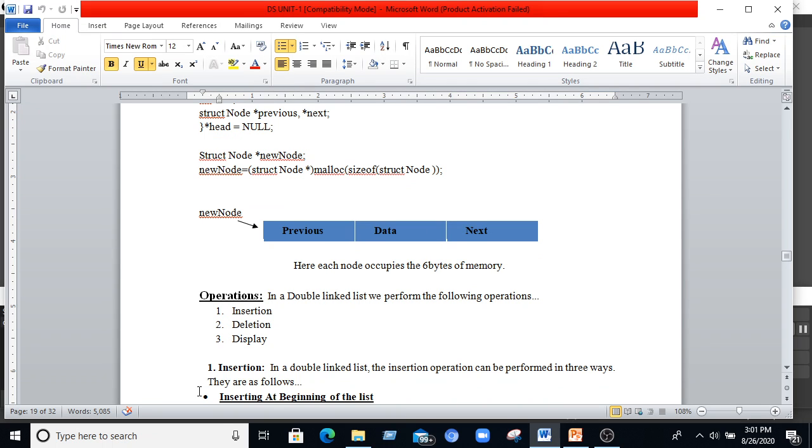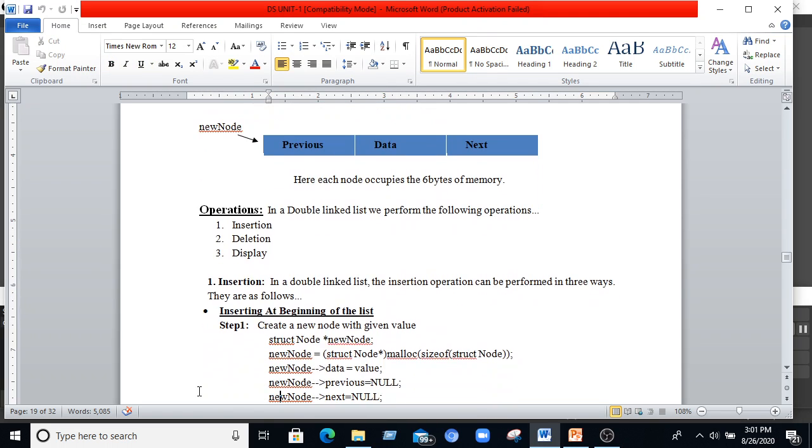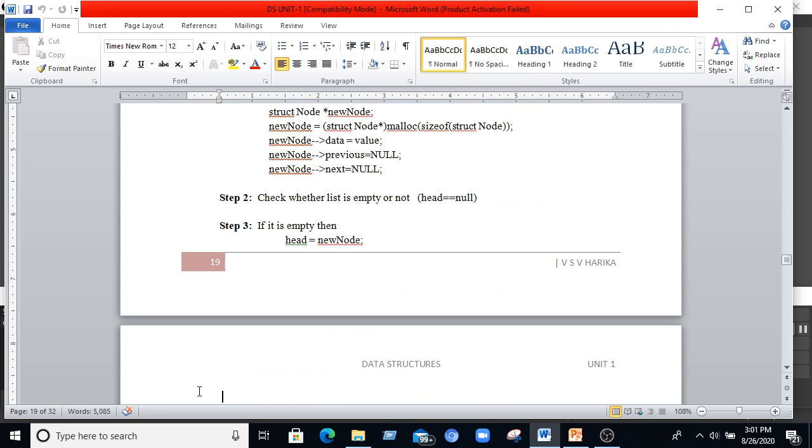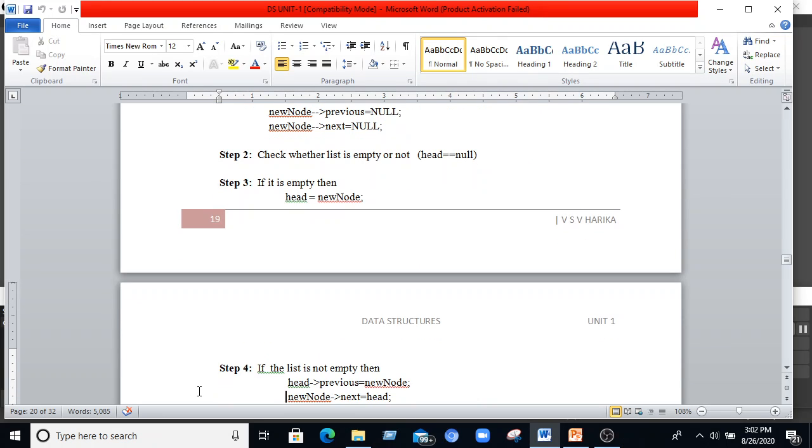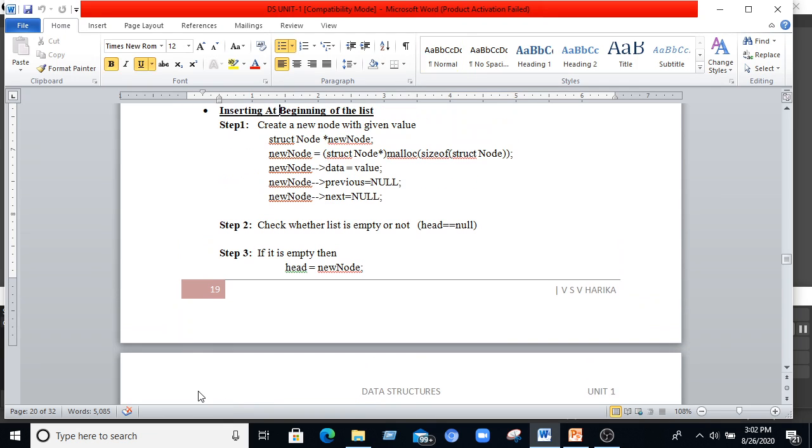Here also we can insert at the beginning of the list, we can insert at a specific location, we can insert at the end of the list, or we can delete at the beginning of the list, delete at a specified point, or delete at the end of the list.